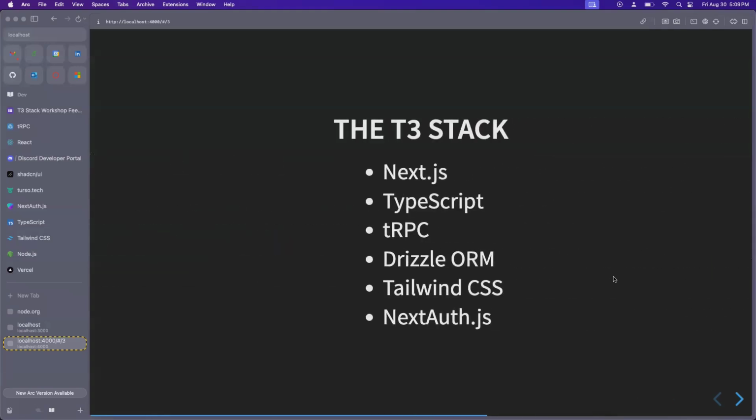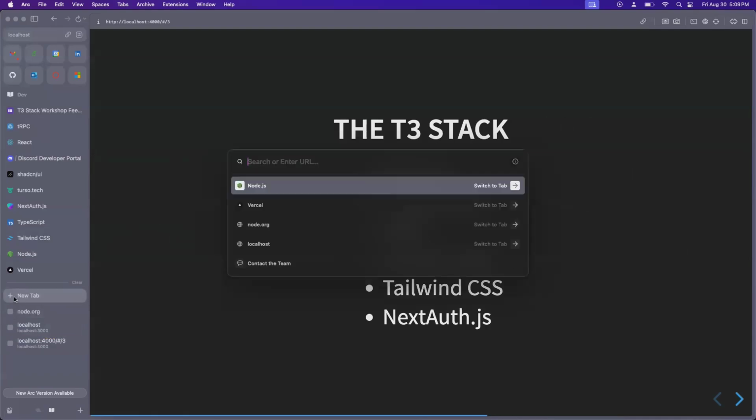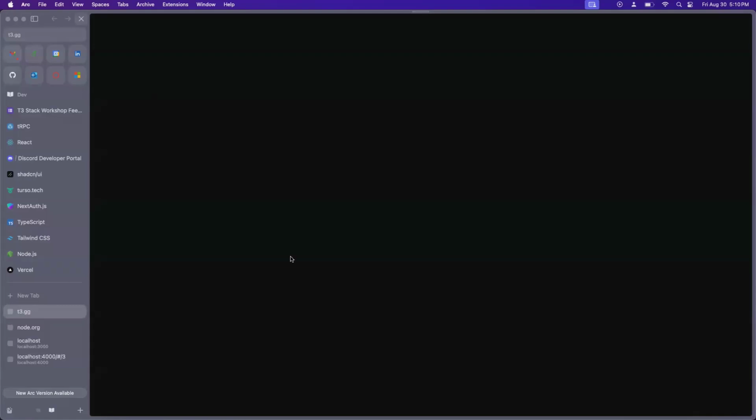All right. And so the T3 stack consists of these following technologies. This is only a few of what's in the T3 stack. There are a few mini libraries that I will not talk about that are used in the T3 stack, but we will be using them under the hood. But I will not be explaining them in good detail. If you do want to learn way more about the T3 stack than what I cover in this workshop, if you go to t3.gg, I believe,